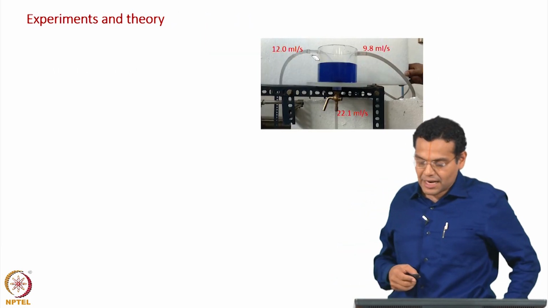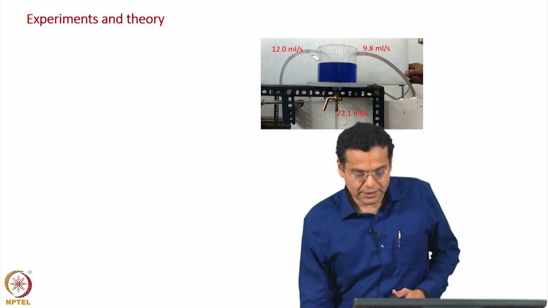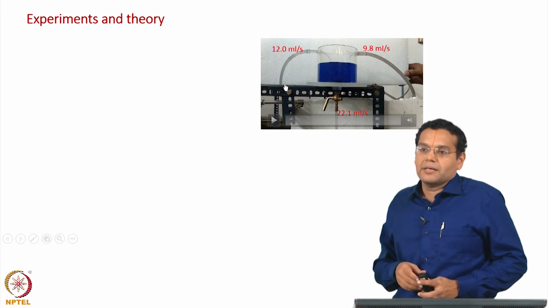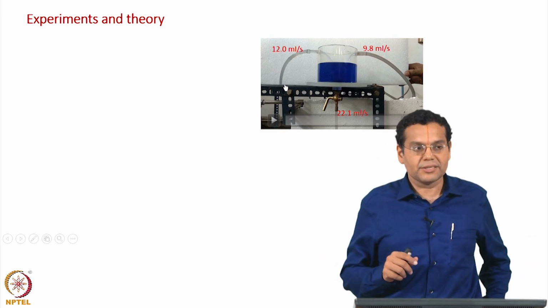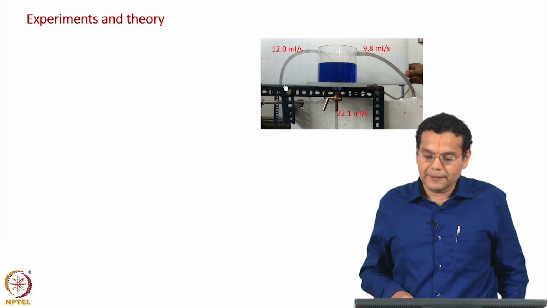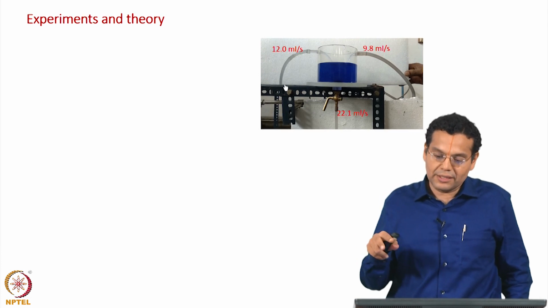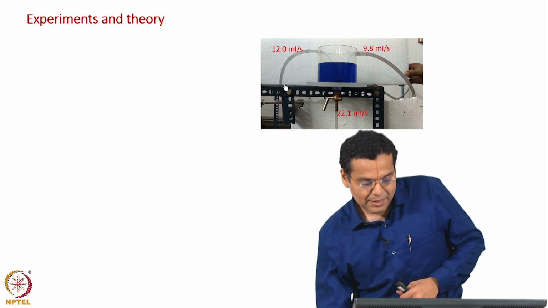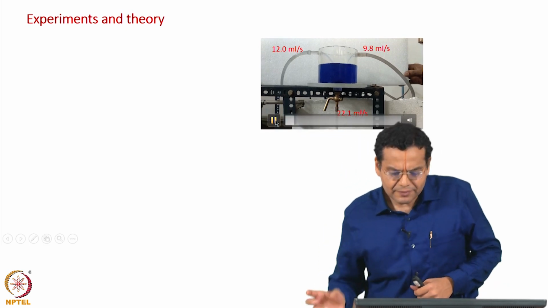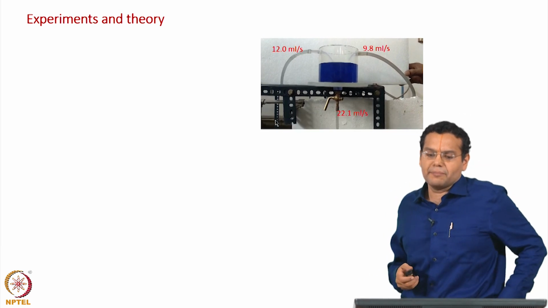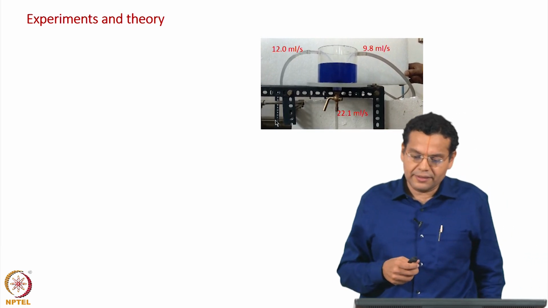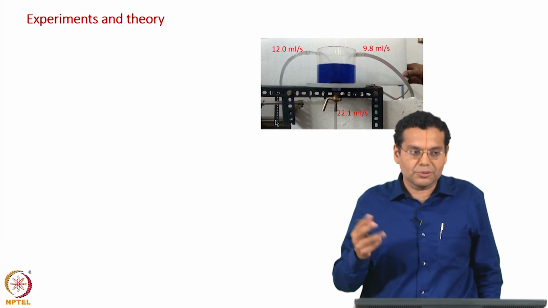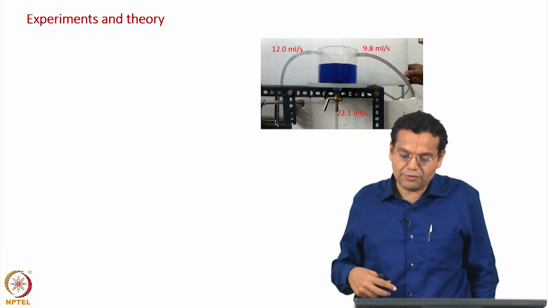So, let us start with a simple experiment. What I have here is a small tank. It has 2 inlets and then an outlet. Water flows in through the 2 inlets and then flows out through the outlet, and we maintain a steady state condition, which means the liquid level in the tank is constant. So, just 2 flows coming in and then a flow leaving the tank.